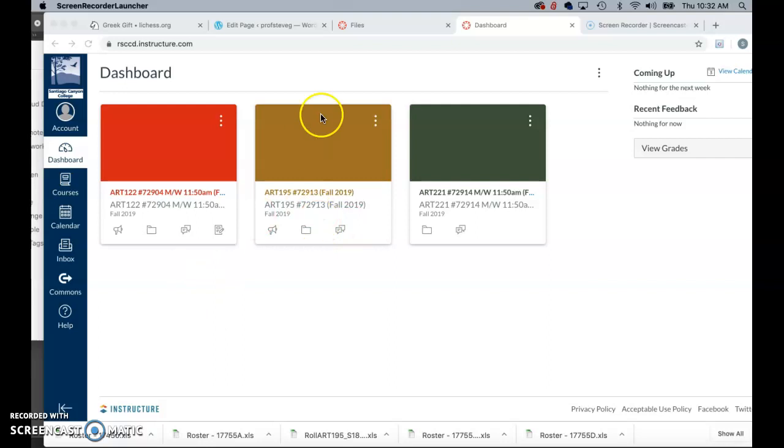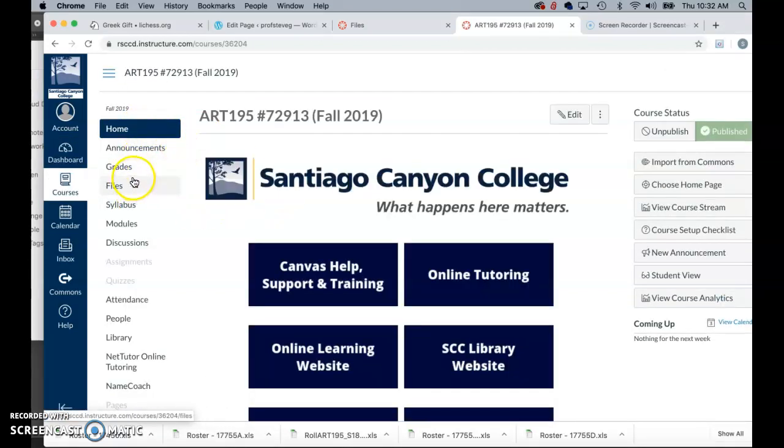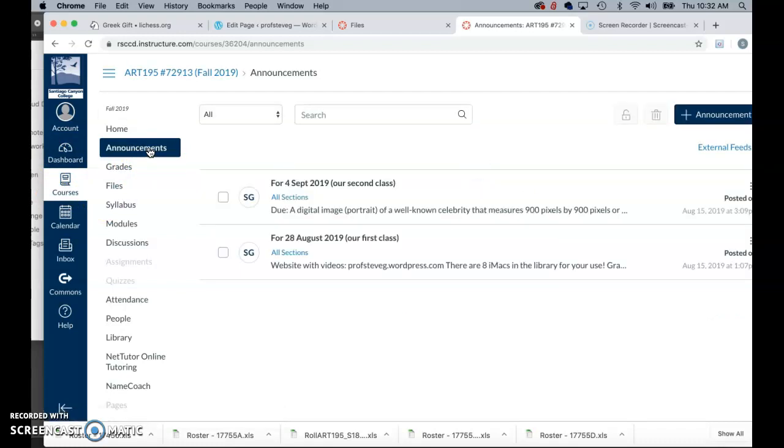And I'm just going to randomly click on a class because it really doesn't matter. They're almost all set up the same. Once you get inside of the class, inside of the learning management system, and again for most of you that'll just simply be Canvas, what you're going to do is first look at announcements. At this point in the class, there should be two announcements in here. One for our first day, look through that,